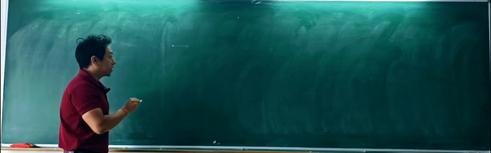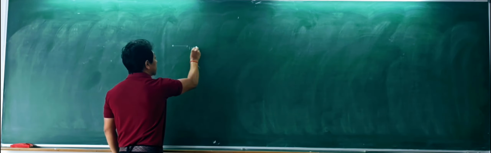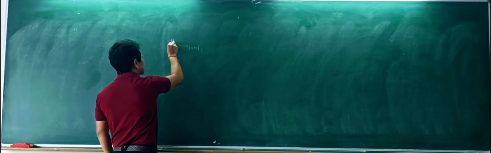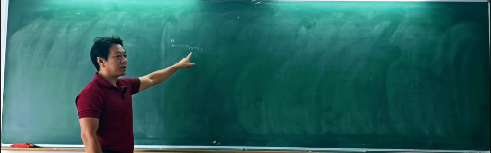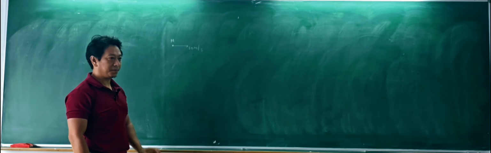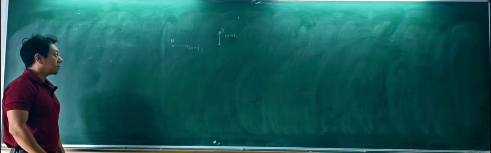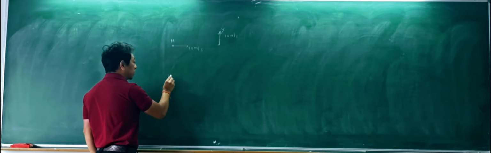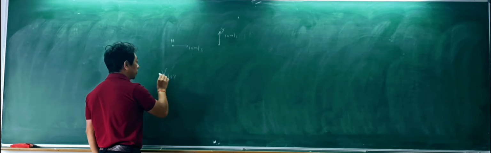So let's say I am moving here with velocity 10 meter per second. This is my velocity. When I don't mention with respect to what, it should be understood it is with respect to ground. And let's say you are going with velocity 10 meter per second in this direction. If I ask what is my velocity with respect to you,